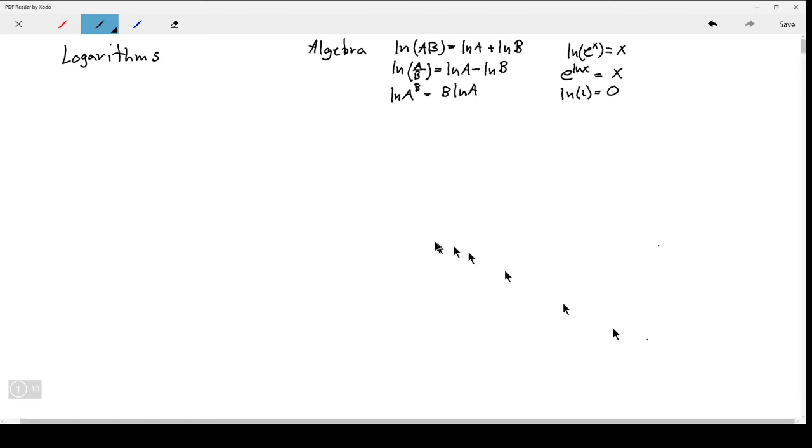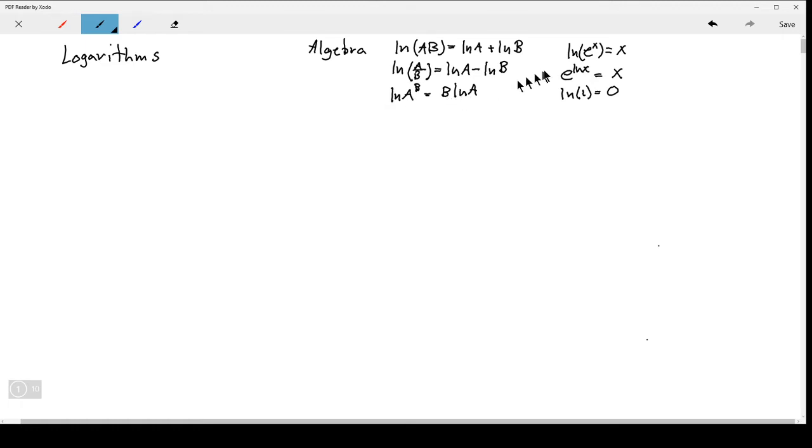Okay, so logarithms. I'm adding a little bit of extra material up here in the corner to remind you of the algebra of logarithms. When you have the log, first of all, we're using ln, which is the natural logarithm. So when you have ln of a times b, you have the sum of the logs. When you have ln of a divided by b, you have the difference of the logs. And when you have ln of a to the power b, you bring the power in front, and it's b